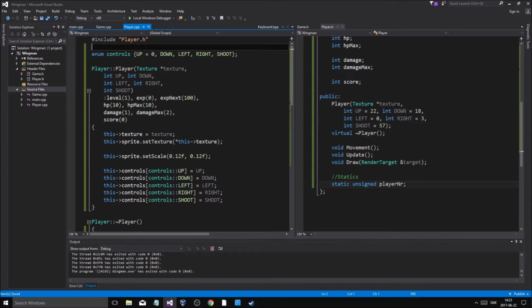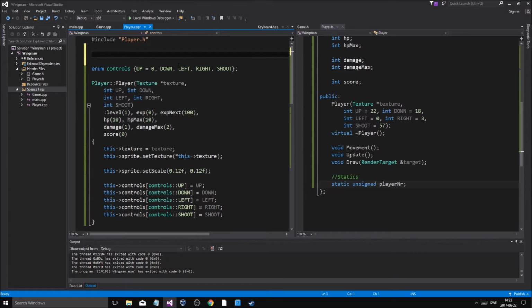So when it's included, player number equals 0. Static player number. Wait, what? Unsigned. How did you? Oh, that's how you did it. Okay, that's good. And then we're gonna have a static